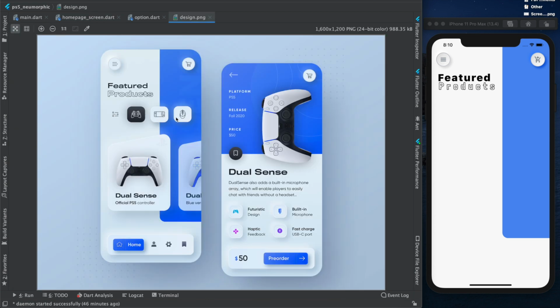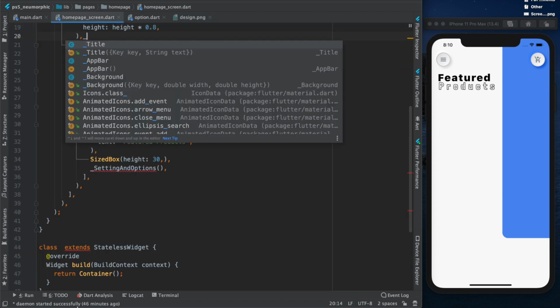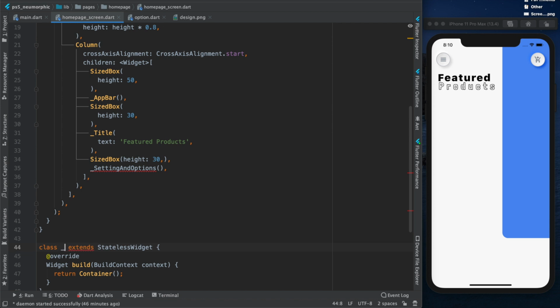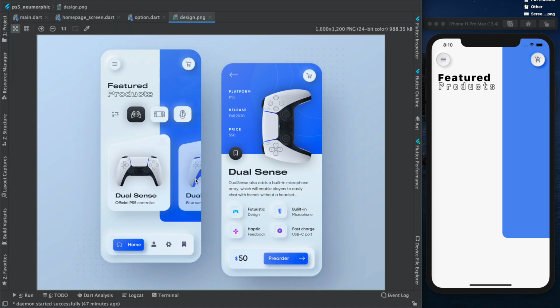Now why I have named this like this, I will explain in just a moment. Okay, fine. So, when you are designing for Flutter, see, this is a settings icon, and this whole thing altogether is